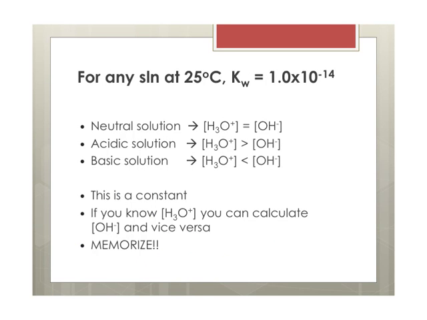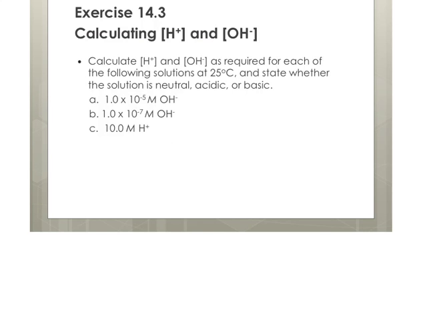So in a neutral solution, the hydronium and hydroxide are the same. Acidic solutions have more hydronium. Basic solutions have more hydroxide. These numbers can change, but when you multiply them together at 25 degrees Celsius, they have to equal Kw because it's a constant. Okay, now let's calculate the hydrogen ion and hydroxide ion for these solutions that are at 25